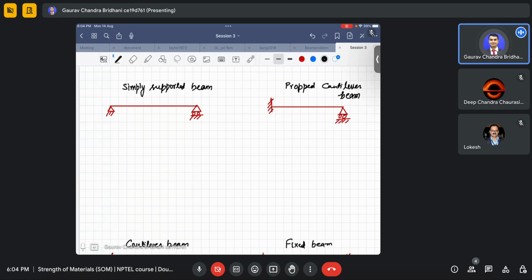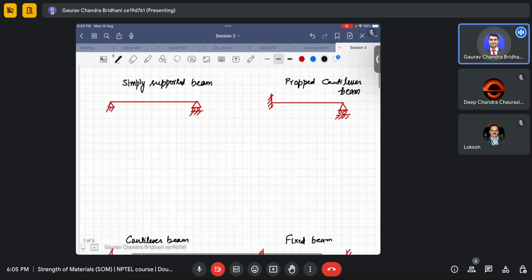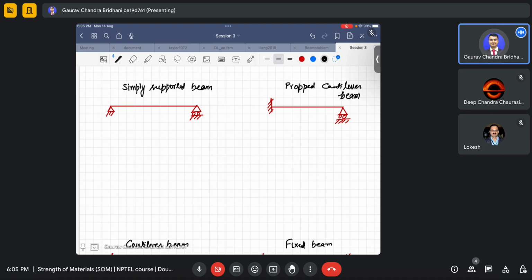Okay, then we'll start today's session. Good evening to all. Today is our third session, and we'll do some problems on Mohr circle and on three-dimensional representation of stress tensor, and some problems we will solve for principal stress and octahedral stress, octahedral shear stress, octahedral normal stress. Before that, I saw that some people had doubts regarding